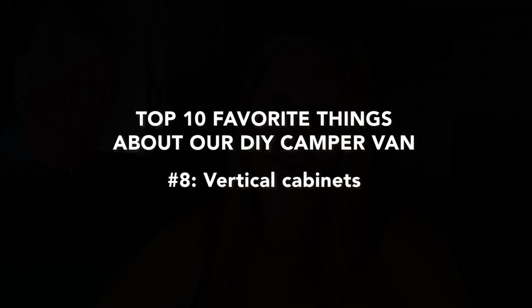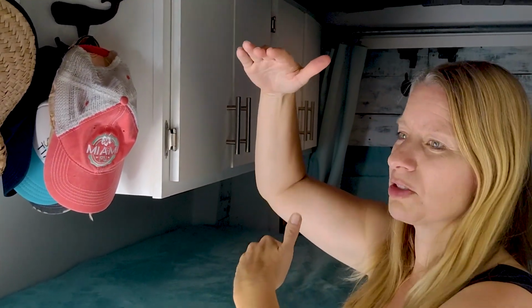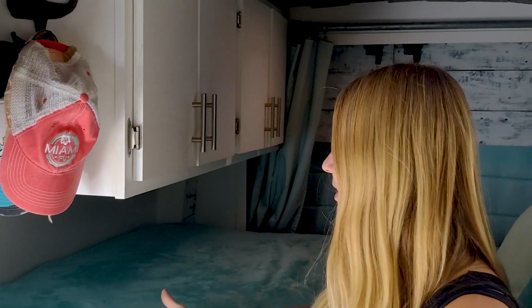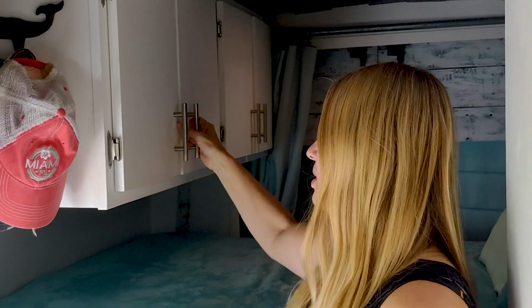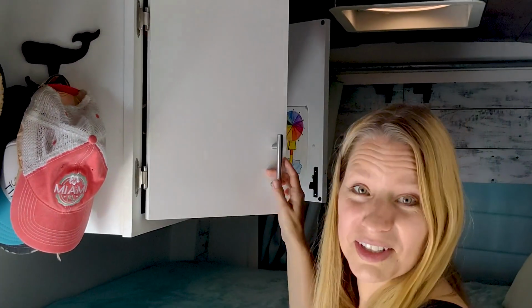Something that I think is very unique for our build that we don't see with any other builds is our cabinets and how we built them. Most people that do van builds do really shallow cabinets and the doors lift up. I'm not sure why everybody does that, because we really thought about how everything fits together, and we thought we could do these cabinets that are a lot higher. The doors open out, and it fits a lot more stuff,